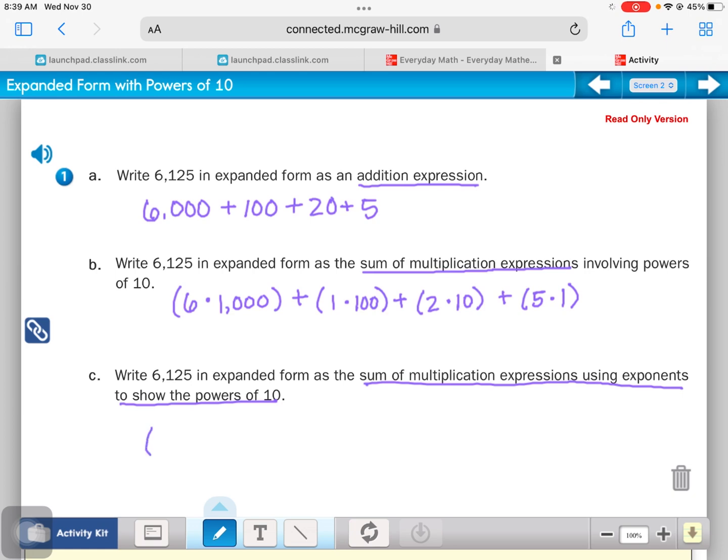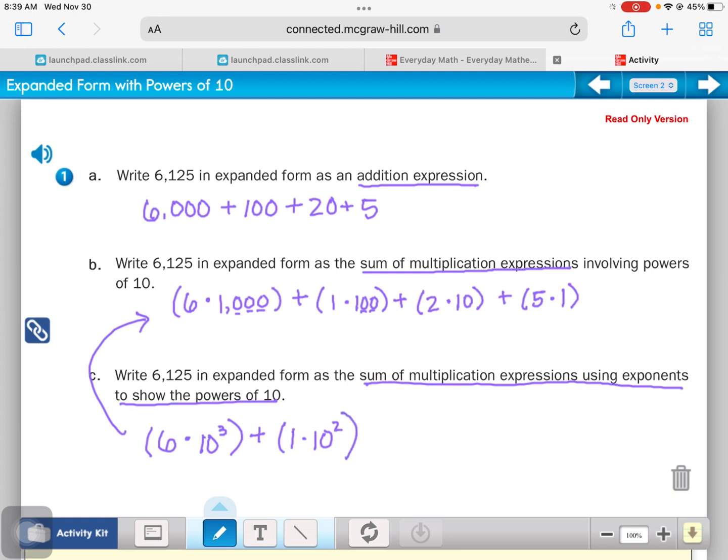So if I have 6 times 10, I have 1, 2, 3 zeros, so it's going to be that power of 3. Plus 1, so I am referencing up here as I'm going. 1 times 10 to the power of